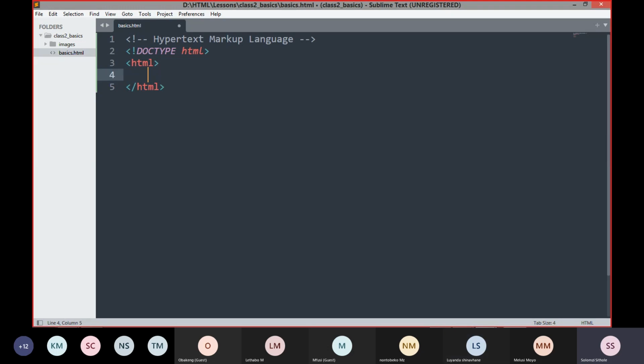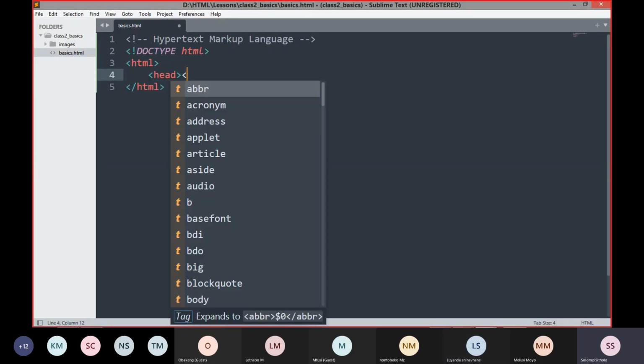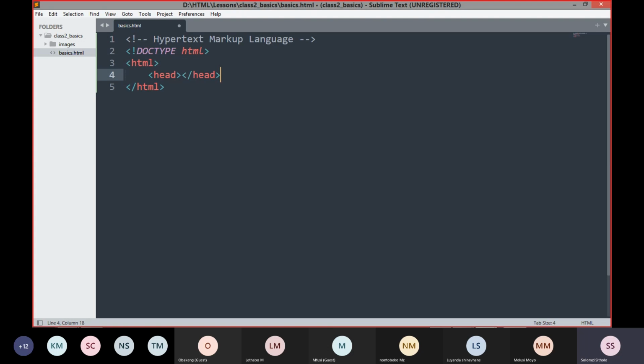So the other tags include what? The tag that comes after is the head, right? Now, since I'm using Sublime Text, it automatically inserts the closing tag for me. If you're using Notepad, this will not happen. That's why I chose to use Sublime Text. So we have the head